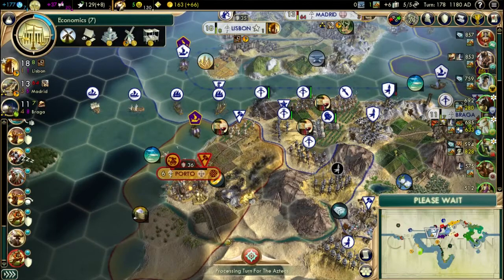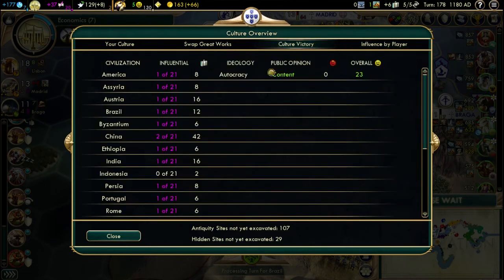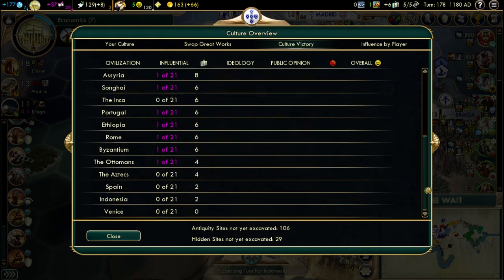I should check what his tourism is. If he's one of those guys that has no tourism, it actually could be a pretty good move to sell to those guys again for a little bit more gold. But I think pretty much everyone has some sort of tourism at this point. So until ideologies fall...